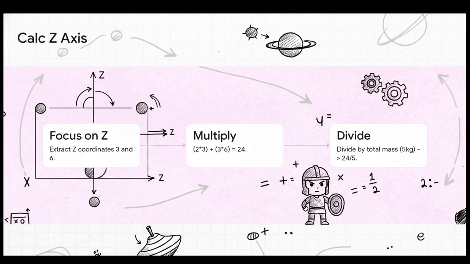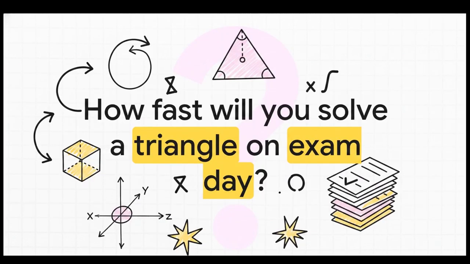Guys, it's really just doing simple 1D math 3 separate times. Look at that. You've systematically dismantled the hardest concepts in rotational motion and completely replaced your fear with reliable step-by-step formulas. If you can hack a 3D coordinate system this easily, just using simple arithmetic, an exam paper is absolutely no match for you. So, I'm going to leave you with a final challenge. How fast will you solve the center of mass for an equilateral triangle today? Trust your structure, trust your formulas, and go crush it.